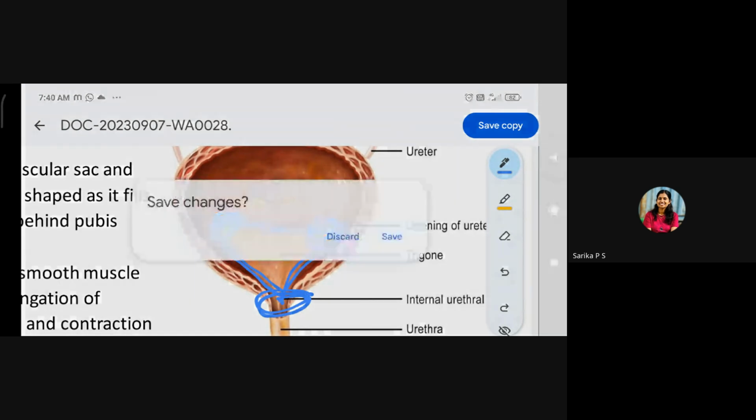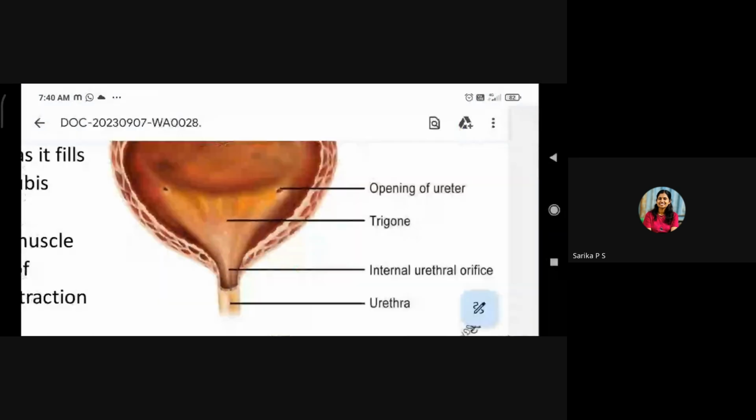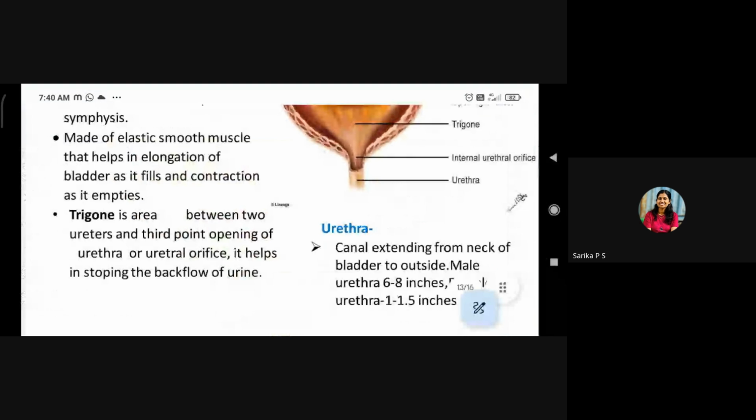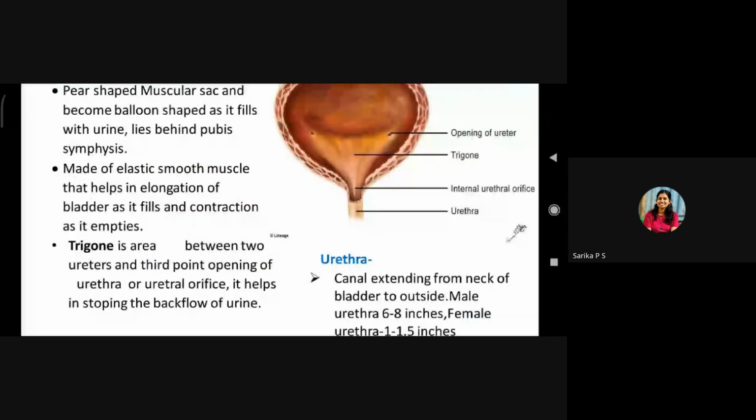So what the point is trying to say is that the trigone is the area between two ureters and the third opening of the urethra. It helps in stopping the backflow of urine. Okay. So when we are passing out urine, the urine should not backflow. That thing is kept in check by this trigone area. Now,